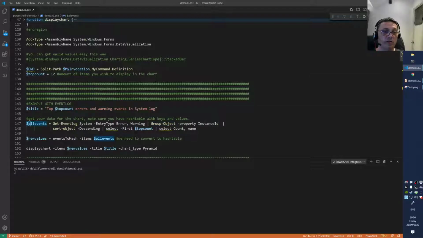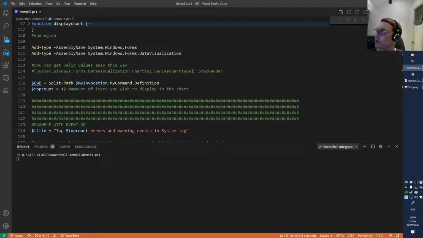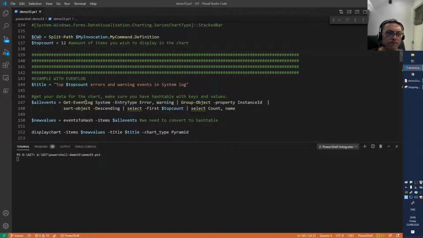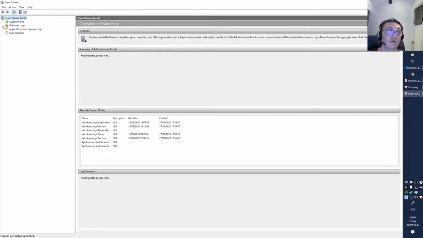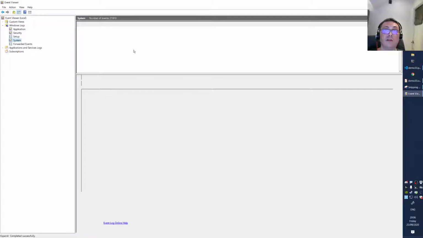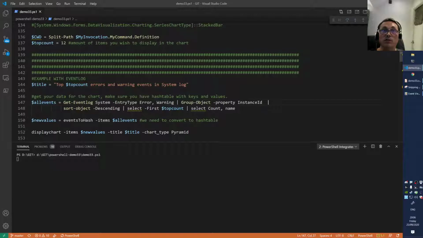Then here basically those are the events I want to stick inside of the chart, right? So I get them here. I get all those events from the system log. I'll size this up a little bit, perhaps not too big. Let me see, that should be fine. Yeah, so we get the events from the system log, right? If you have your event viewer on your computer, you have Windows, you have a system log, right?